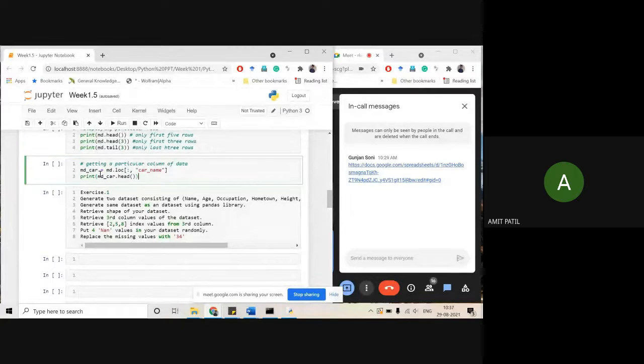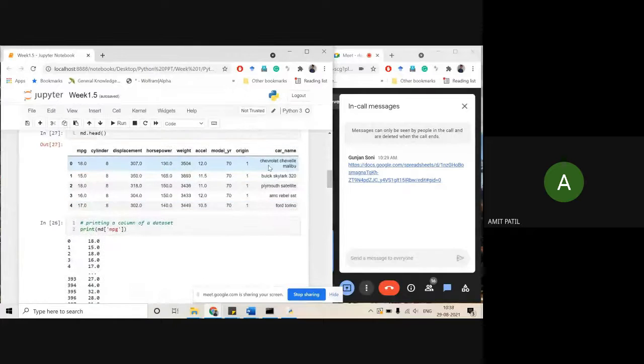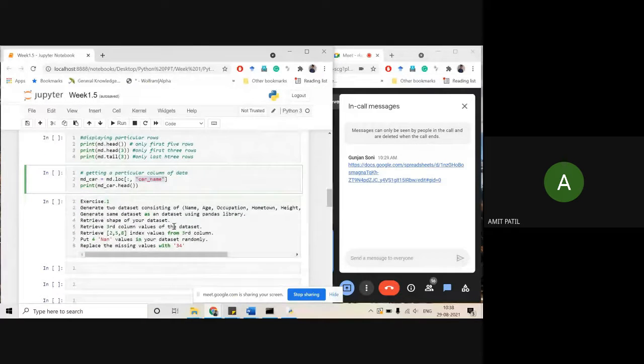Now say md dot log, and you need to call all the rows and the variable. Car name is your variable in your data set. You can see it here. So if you need to call that column with all rows, that is stored in md car.